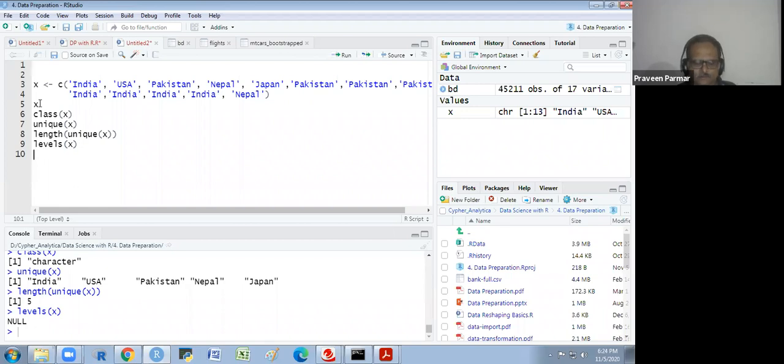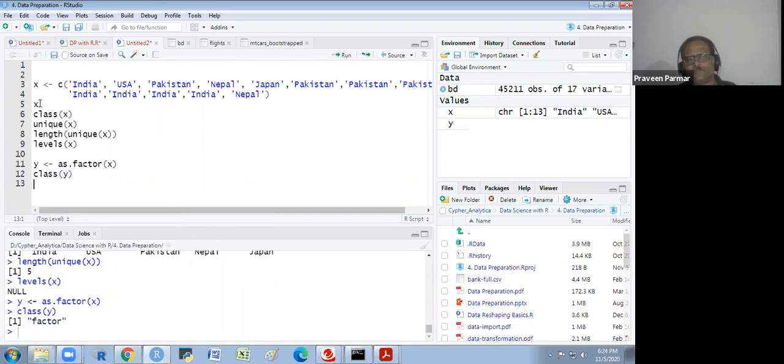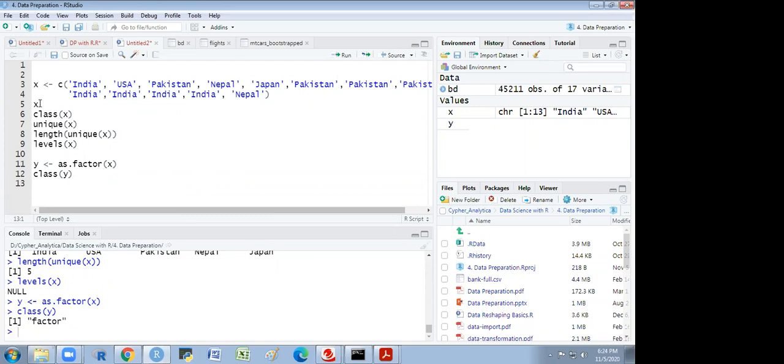I convert it with a new name, Y, so we can differentiate it, using as.factor on X. Now if I ask the class for Y, what is the class? Factor. Factor is the class.